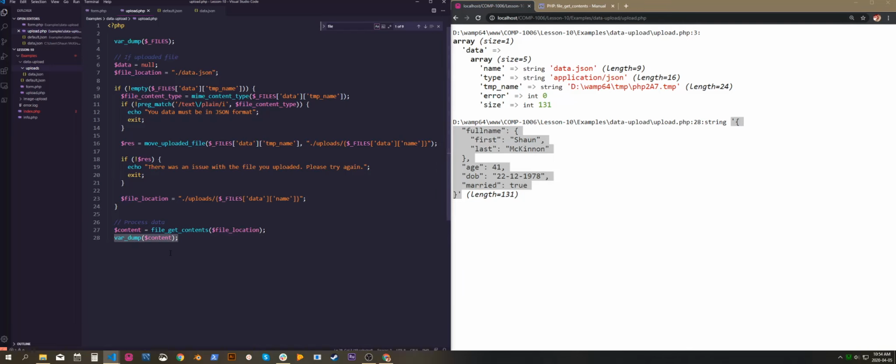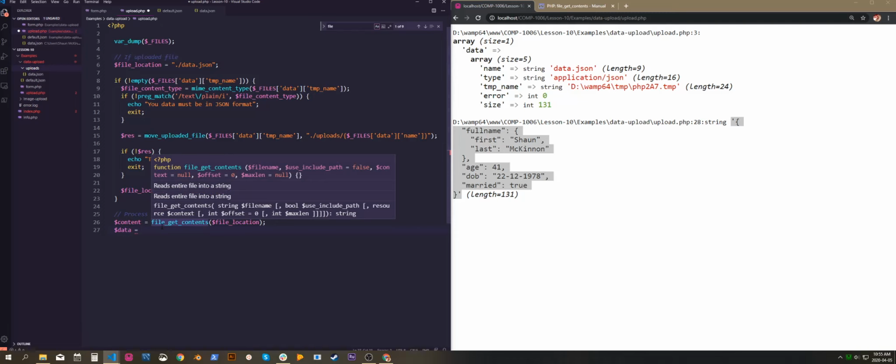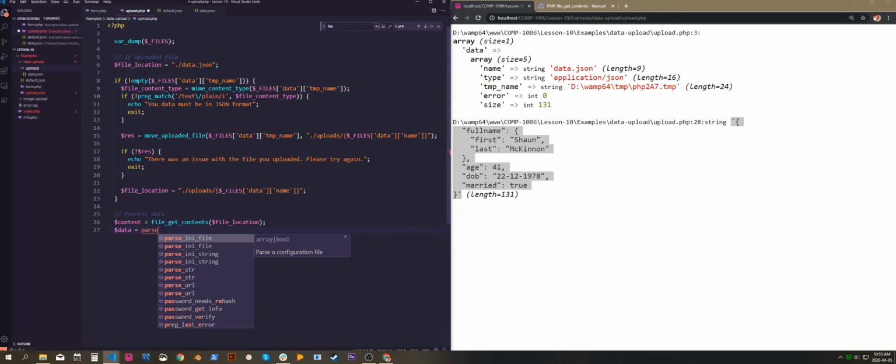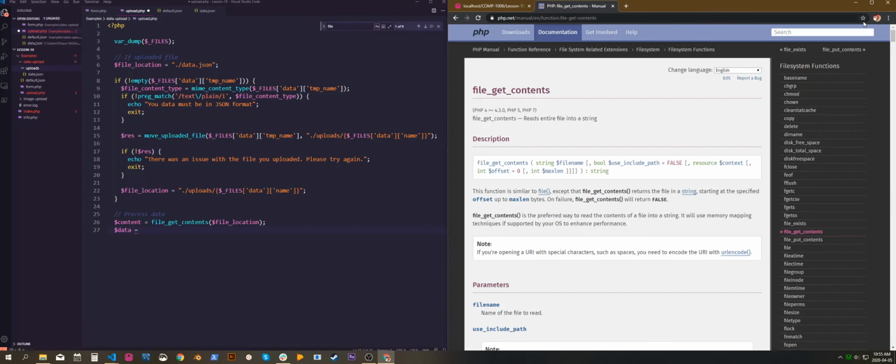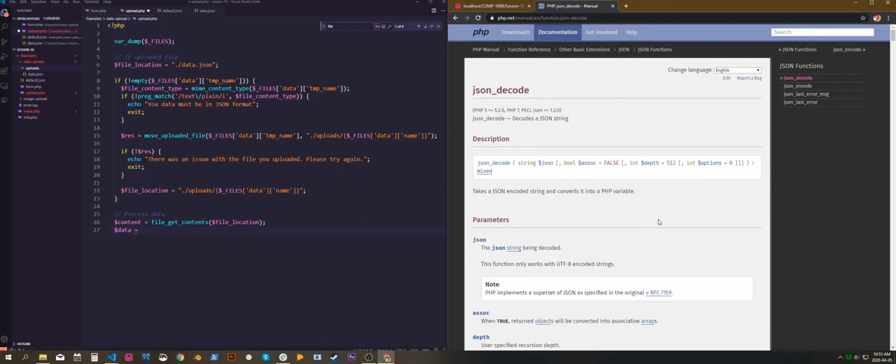So we're going to say $data is equal to, and actually I don't even know why we're defining this up here. There's no reason to. Is equal to, is it parse JSON or is it JSON parse? Can't remember. Let's go check. JSON encode and decode. That was totally off. It's JSON decode. All right, so let's do that. JSON decode